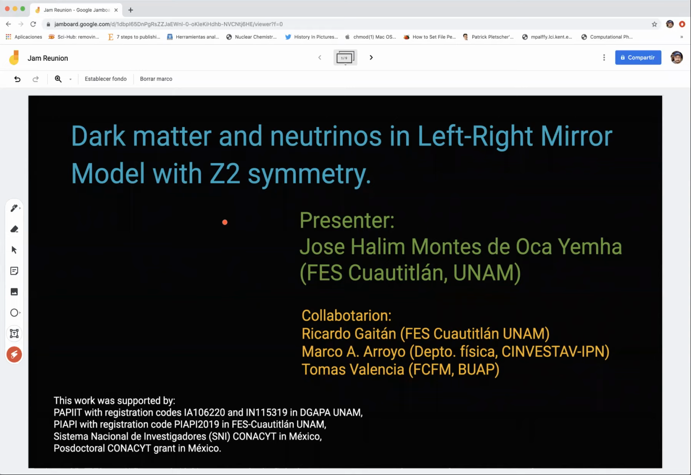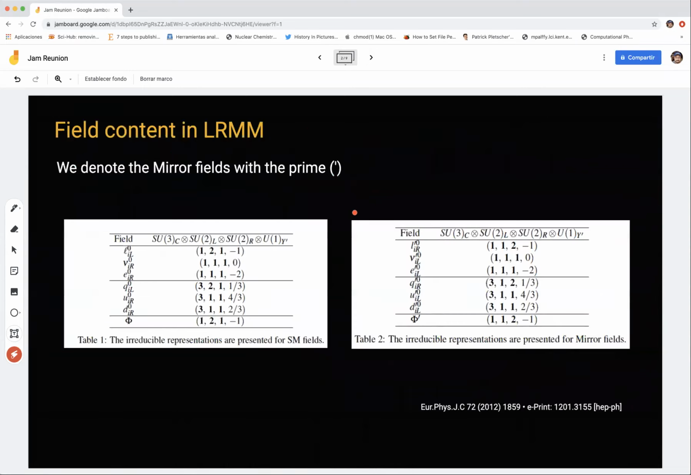I'll talk about dark matter and neutrinos in the left-right mirror model with discrete symmetry C2. In this poster, we are going to focus on the fermion and scalar sector. In the first, the table 1